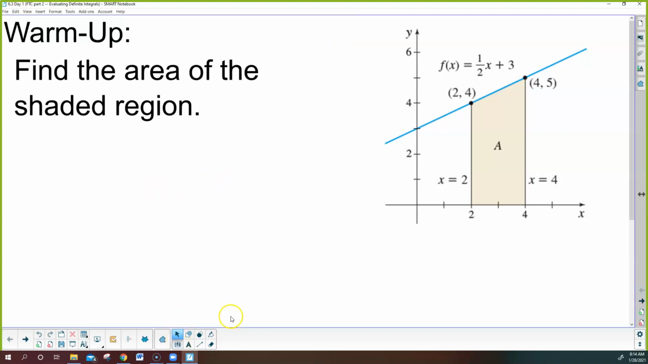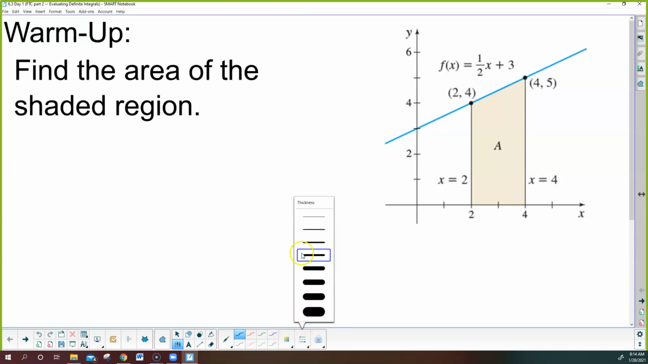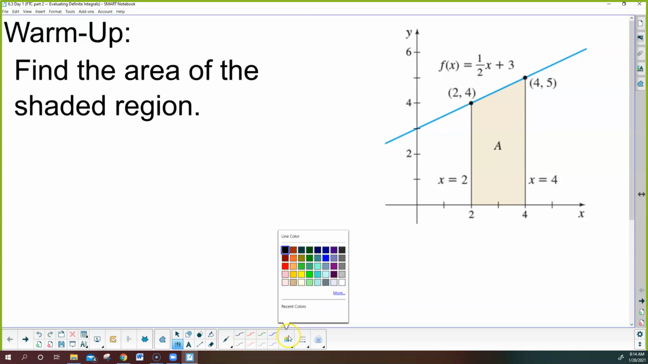Okay, so we have to find the area of the shaded region, and that shaded region is just a trapezoid. So algebraically or geometrically, this is a pretty quick problem. There's a reason why we're doing this specific problem. So we know that